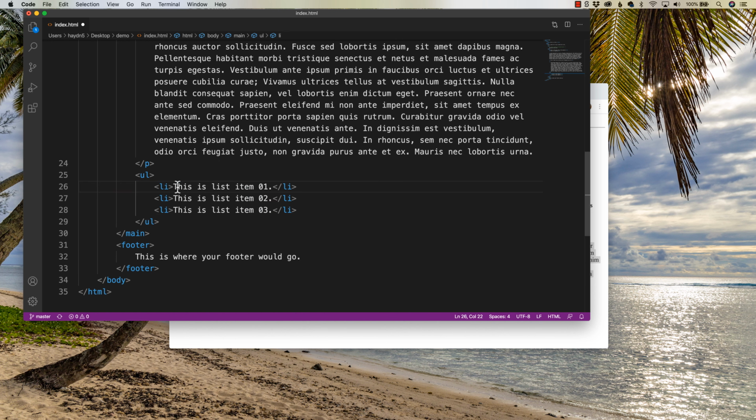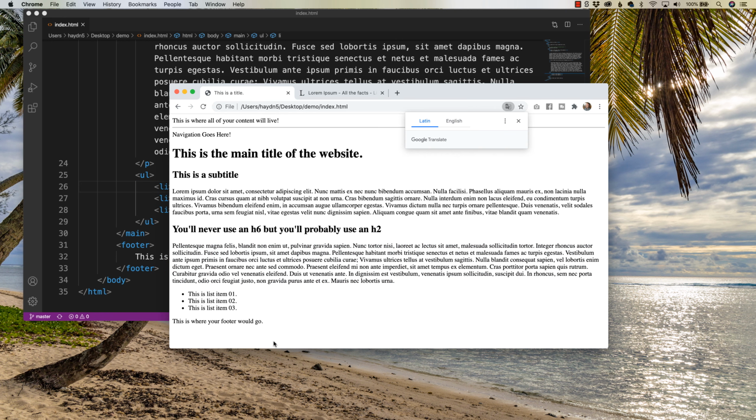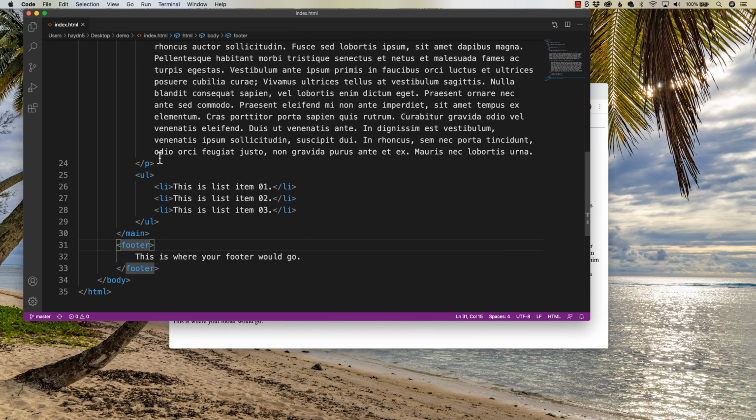Now keep in mind, if I save this, it now looks like an unordered list. The unordered list, Google, can you just stop one of these days? I'm not really quite sure. Anyways, so we have the unordered list. What that consists of are bullet points. It's not a paragraph. It's not a headline. It's a list. So you might want to say something like